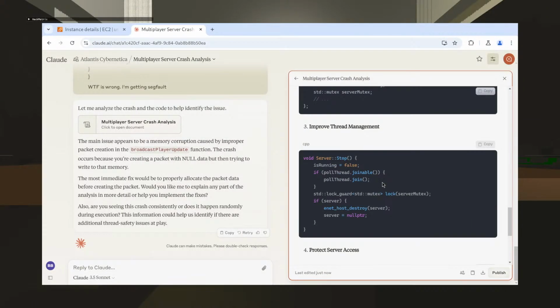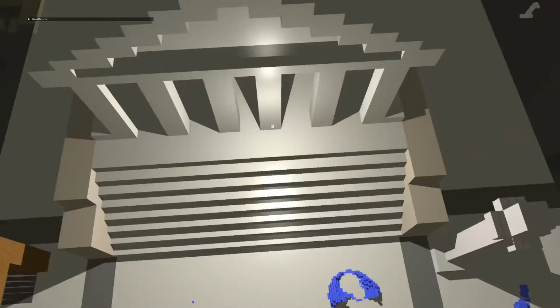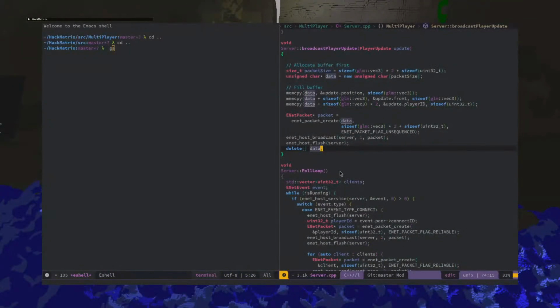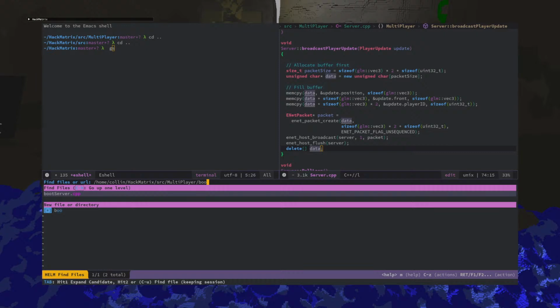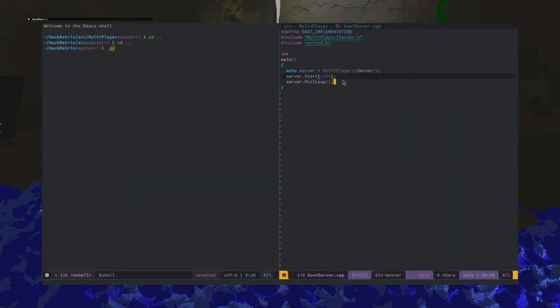Thread management. So we create a server, we start the server, we run a poll loop.